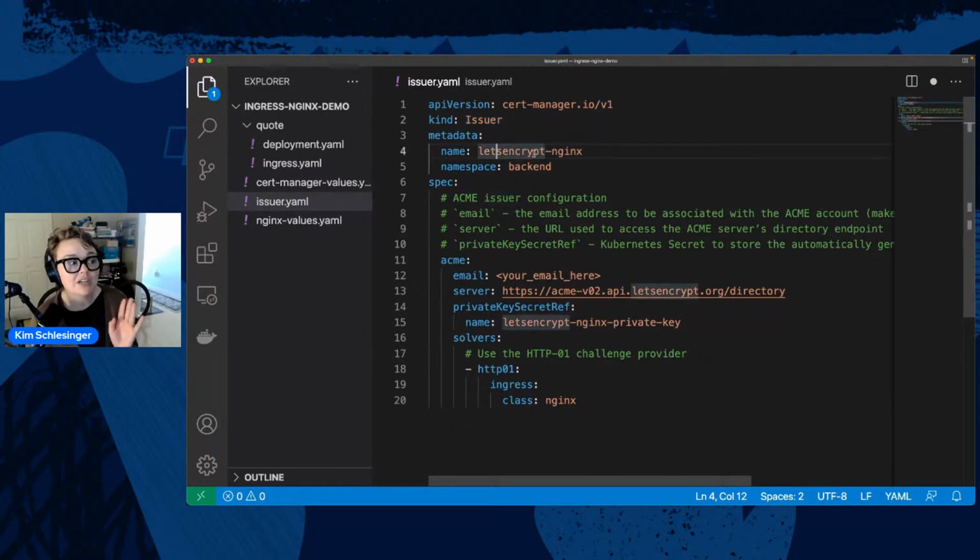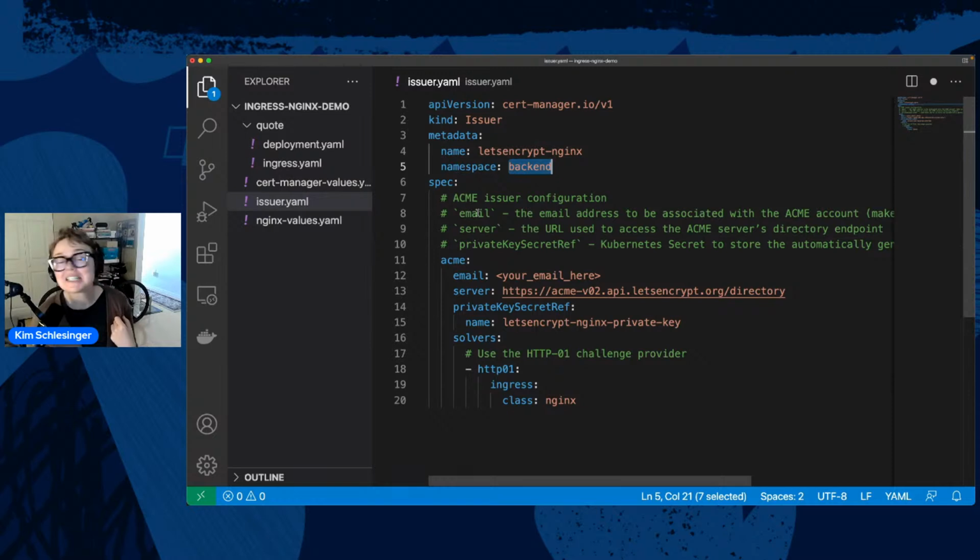The issuer, we're going to call it Let's Encrypt NGINX. If you are doing that thing where you have a staging and then a production issuer, you can say Let's Encrypt Staging, Let's Encrypt Prod. I mean, you can name this whatever you want, but we're going to keep it as is. Let's Encrypt NGINX. And this issuer is going to be working in the backend namespace. Remember, that's where the quote service is deployed.